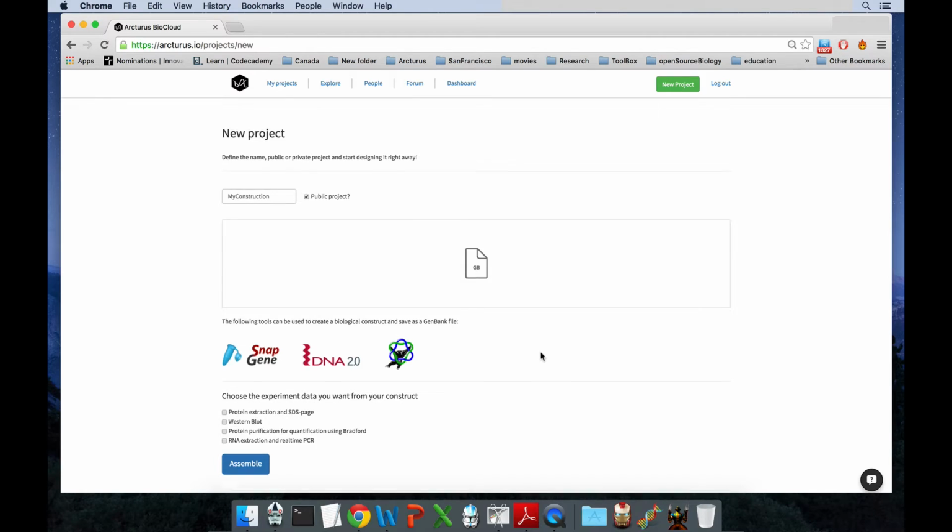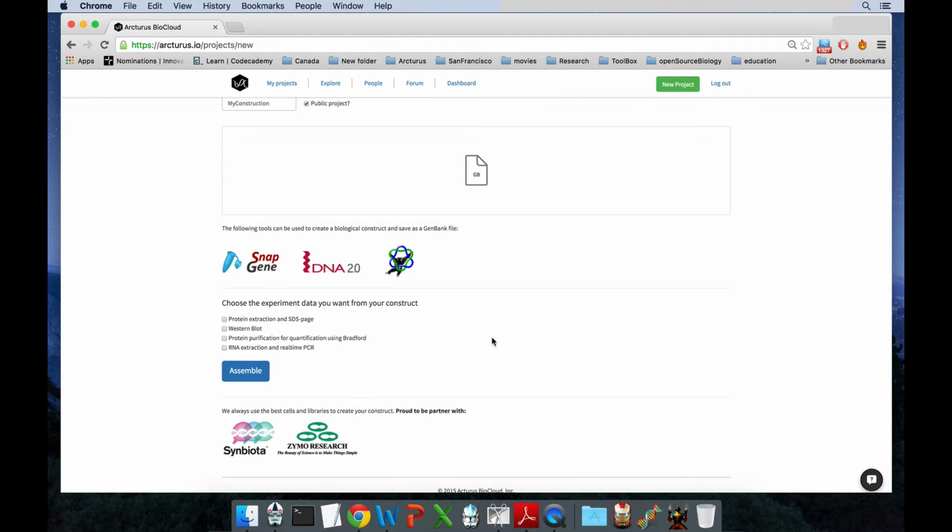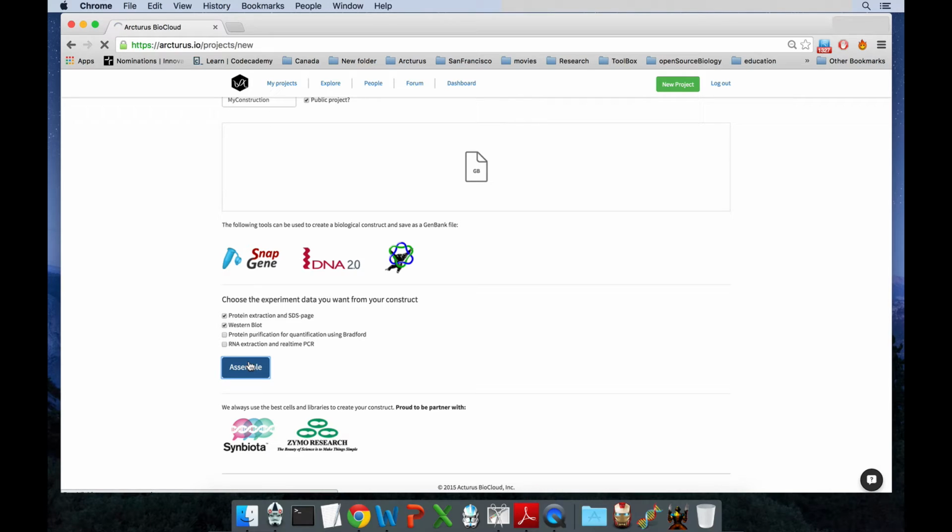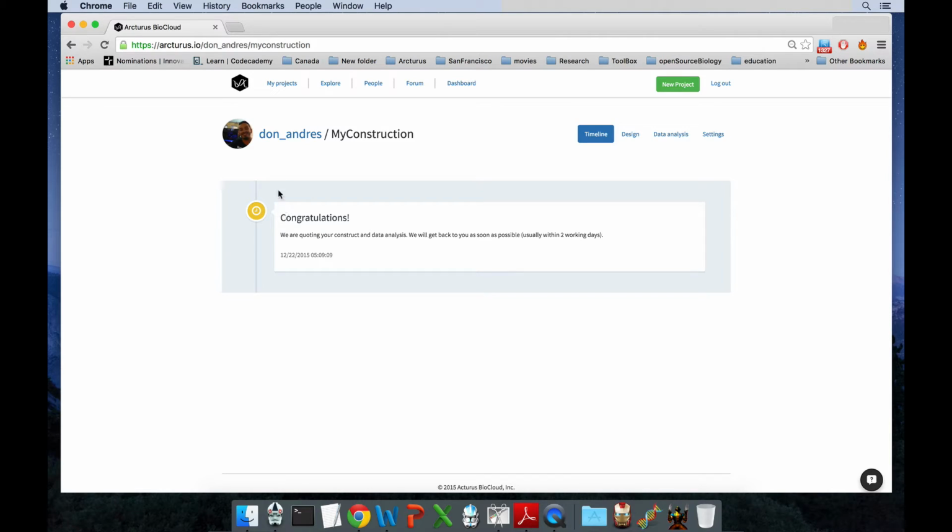It is uploaded, and then you only need to choose which experiments you want to develop. In this case, we are expressing a red fluorescent protein, but I want to see if the protein actually is expressed, so I'm gonna select a protein extraction and SDS page so I can run and see if the protein is expressed. And also I'm gonna select a Western blot so I can only see the line that corresponds to my protein. Then you hit assemble and you're gonna have an answer, in this case by me, that is gonna tell you that your project has been